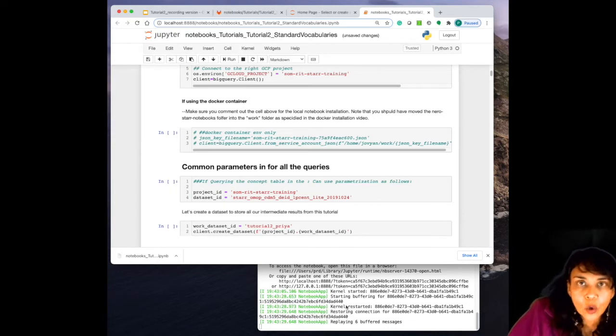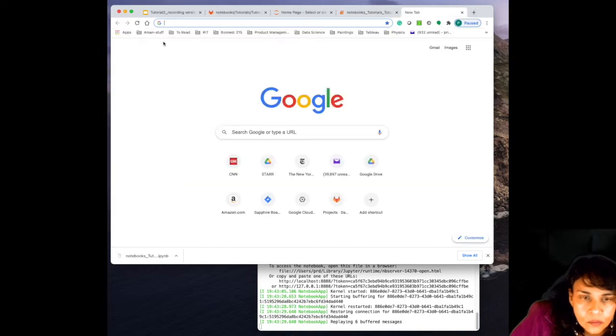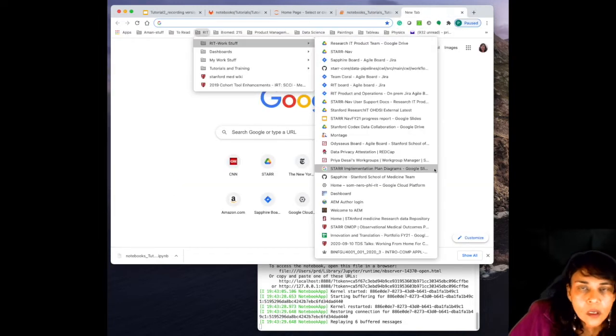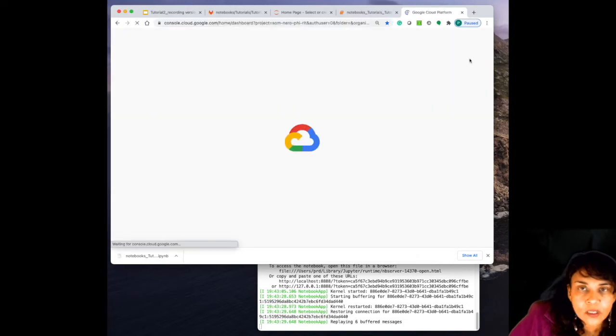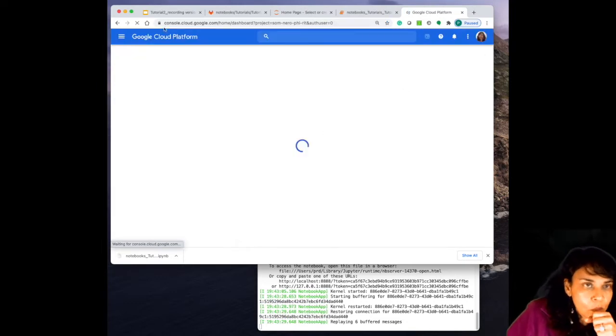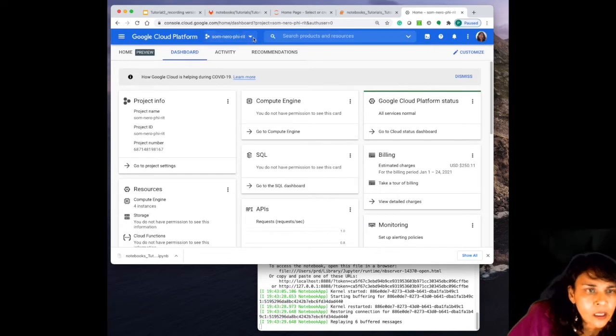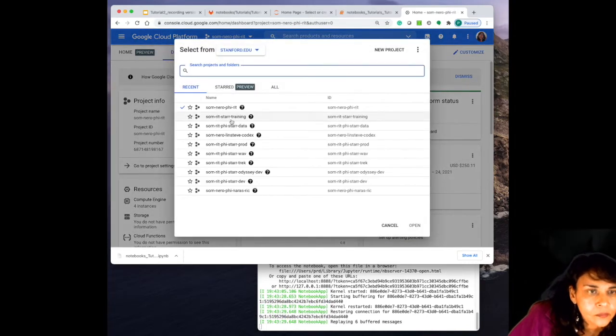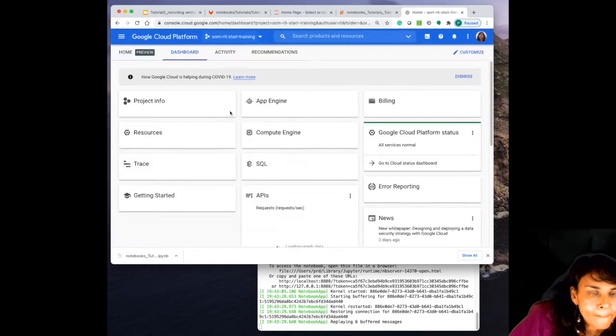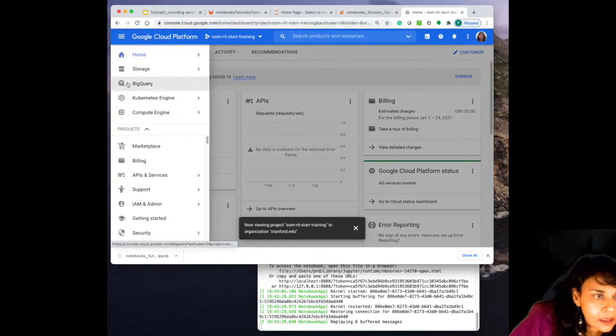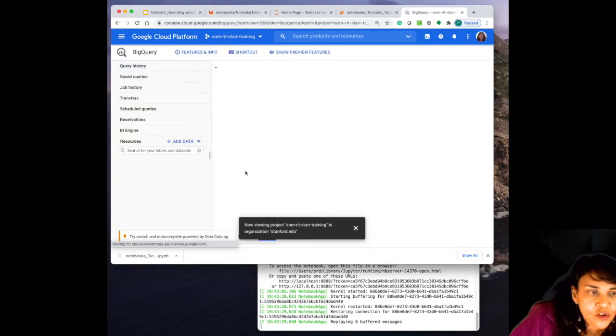So I'm going to go ahead and open the BigQuery Console. If you remember, to open the BigQuery Console, you need to be logged in with your Stanford SUNet, and you want to make your way to the STAR training project. In the STAR training project, go to BigQuery, and in the SOM RIT STAR training project,